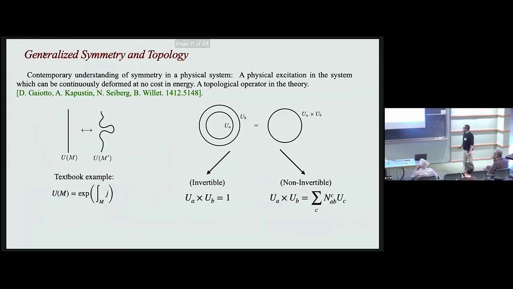So how do we see that? As I said in the introduction, it's going to be because we're going to consider a novel form of symmetry, which arises from the work of Gaiotto, Kapustin, Seiberg, and Willett from about 10 years ago, which proposes that we should not understand symmetries based on group theory, as we usually learn in physics, but in the existence of physical excitations that are topological, that I can deform with no energy cost. The textbook example is the exponential of the integral of a current. If I do a small deformation, that doesn't change any correlator, and that we consider a symmetry.